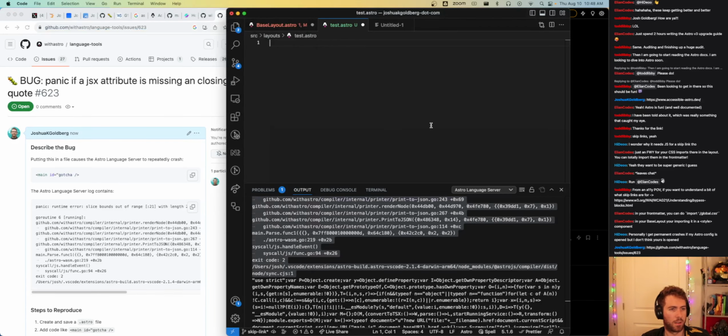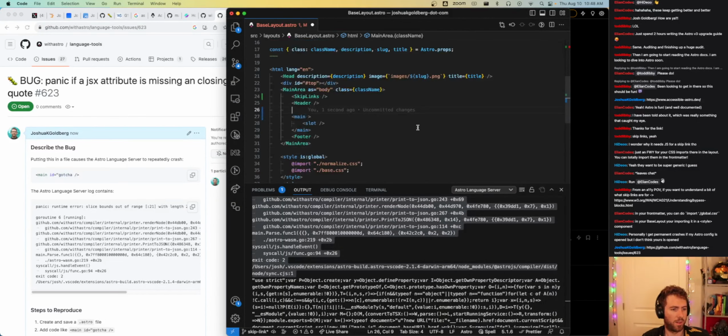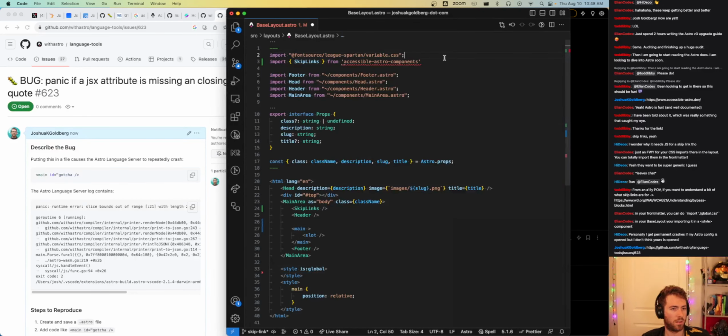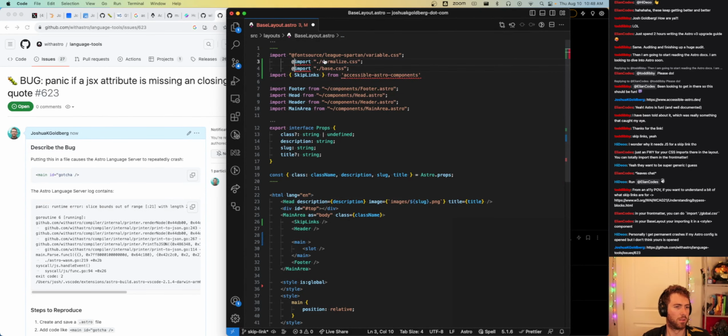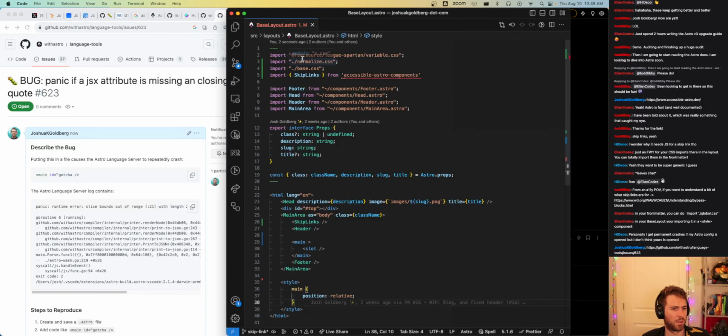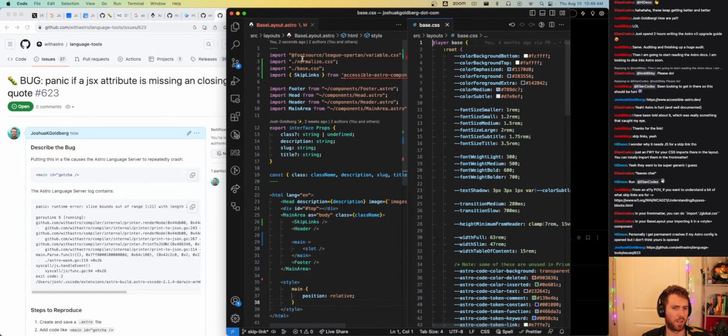Anyway, moving on. You're saying my base layouts has the script. Oh yeah. When you... I can just import. Why did I do it this way then? Does this just work? It'd be cool if it works. Why did I do this? Why didn't I just put this in like a base.css or something?